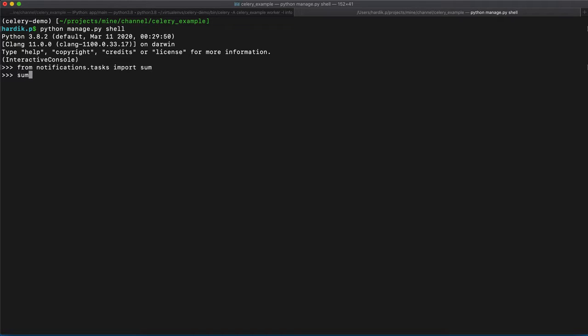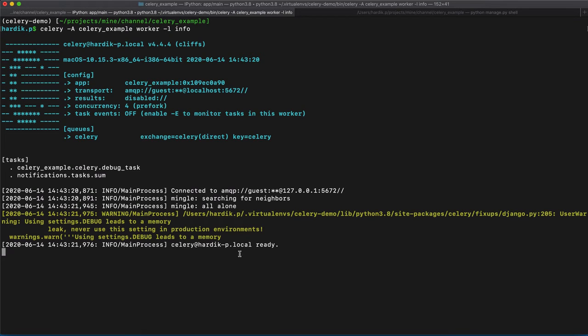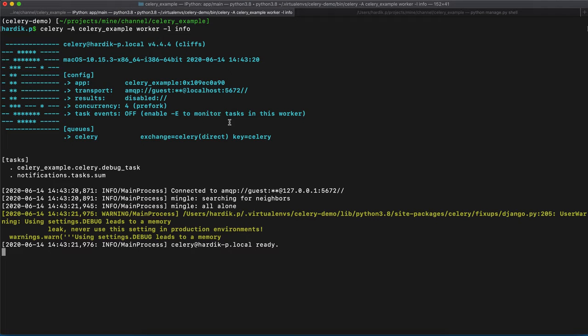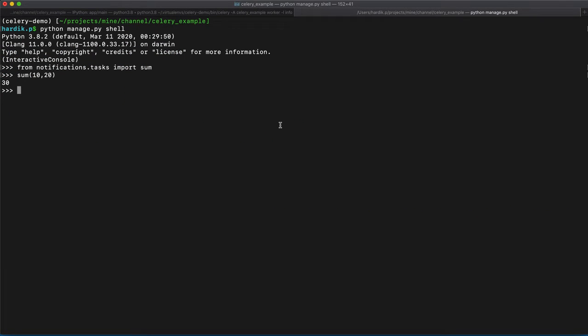So we can call a synchronous function like this, just call it like we do normally, right? So same way we can do it. It will wait for 10 seconds as we have put sleep for 10 seconds. After 10 seconds it will give you a result. As you can see, nothing shows up in the worker because we called it synchronously, so it was just executed in the same thread instead of sending this message to the worker through the RabbitMQ server, right?